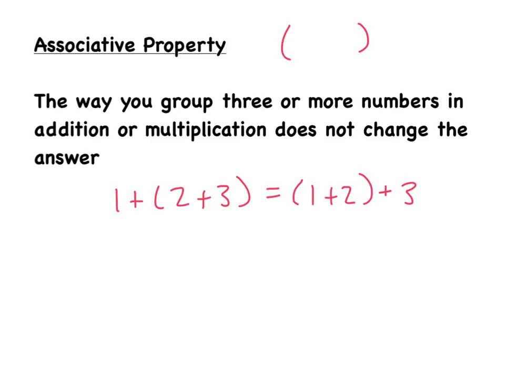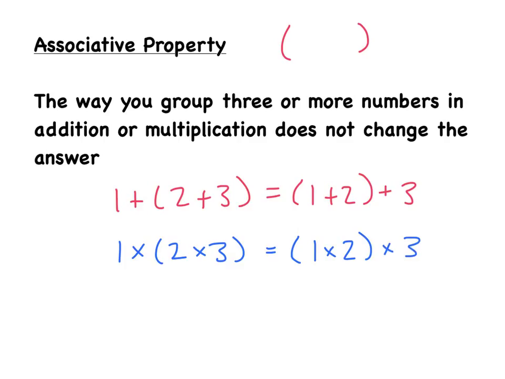If you work it out using the order of operations, you're going to get the exact same answer every time. Now if you do the same thing with multiplication, 1 times parentheses 2 times 3 is also equal to, if you just move the parentheses, 1 times 2